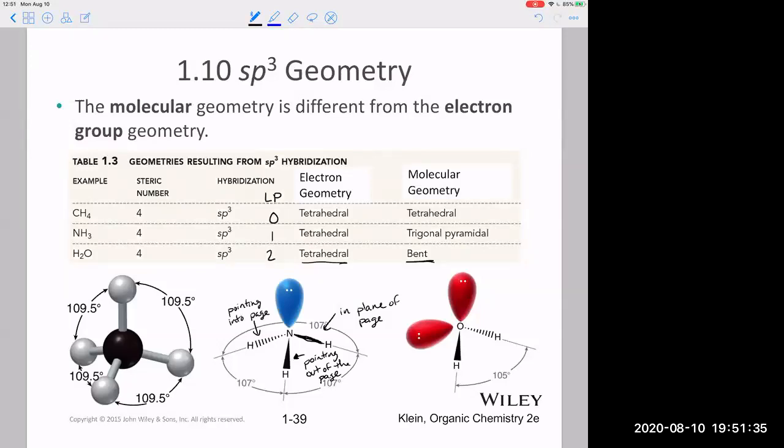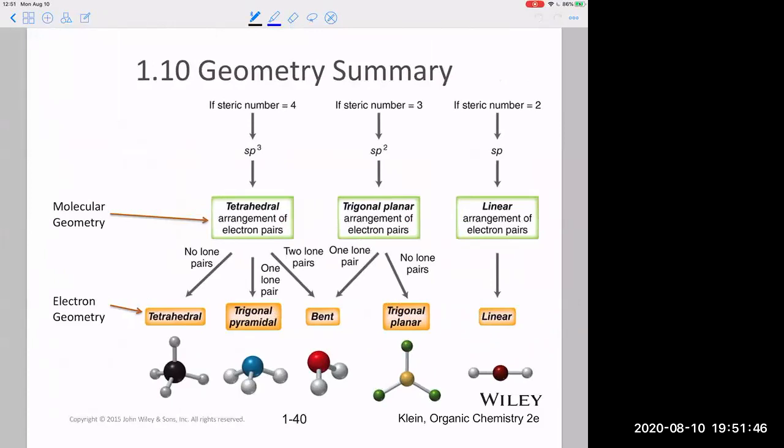Okay, so same with water over there. And again, the shape for ammonia, we call that trigonal pyramidal, and the shape for water is bent. So there's this little flow chart that you can think of. This is the procedure of starting with a Lewis structure, going through steric number, hybridization, and then finally